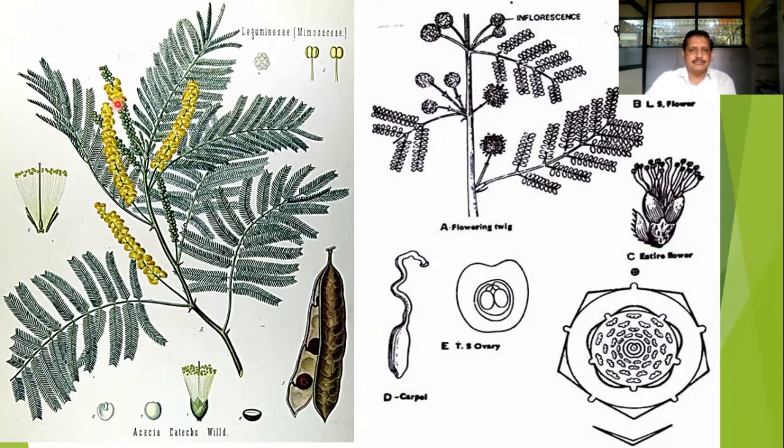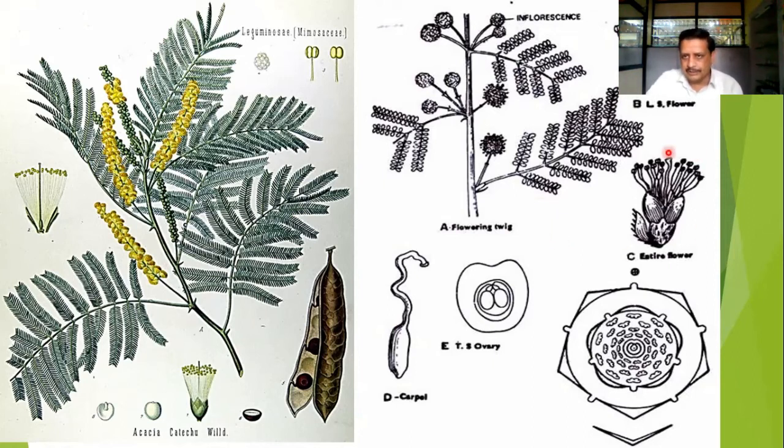In most cases, we find that these are cymose type of inflorescences. Compound cymose inflorescence is there. So each unit must have a group of 3 flowers. And when many such groups form a globose structure, we call it a compound globose inflorescence. It may be in the form of either spikes or globose heads in the family members. So here you can observe the typical structure of the family. Bipinnate leaf is the typical character of family Mimosaceae.